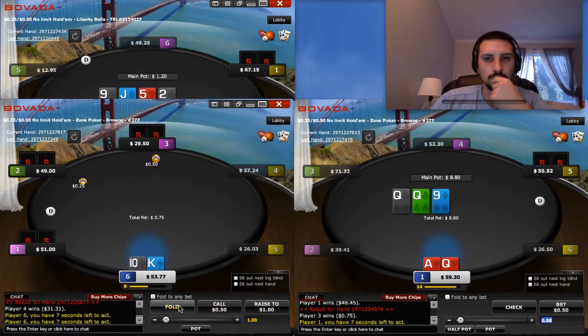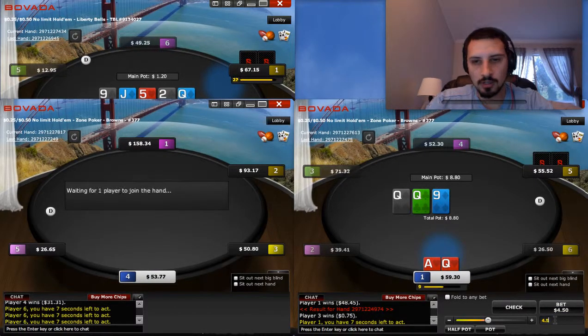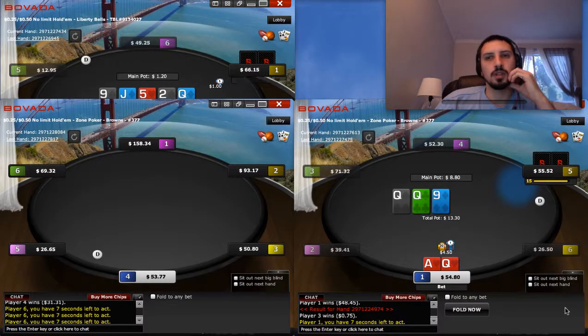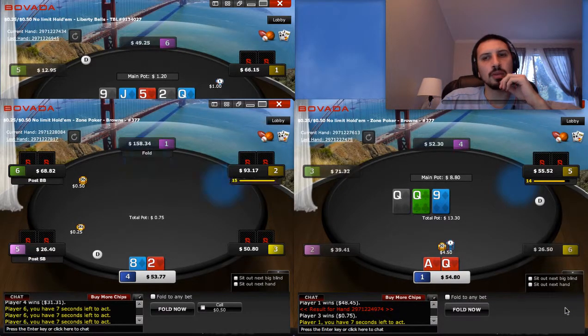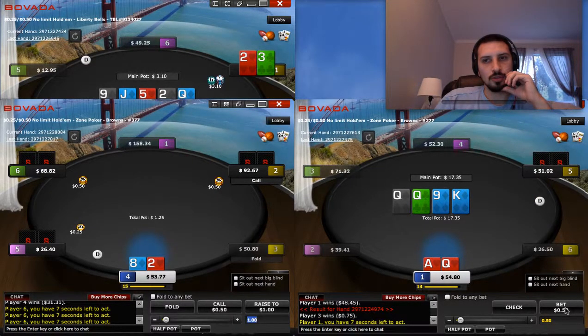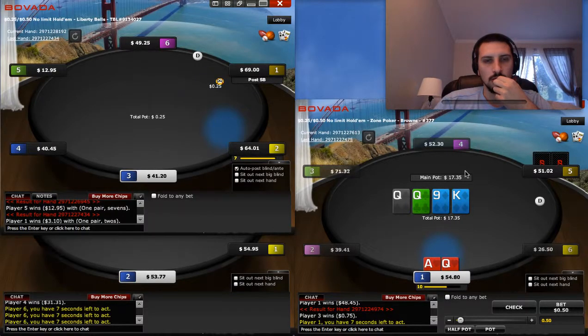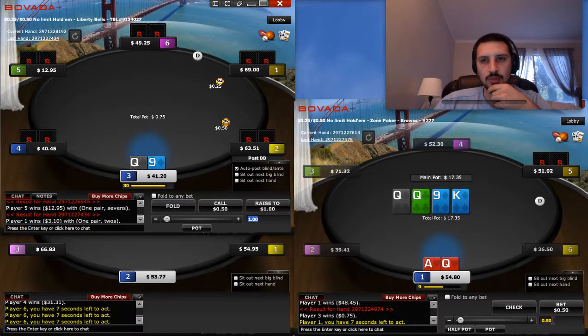Another great flop for us. I am going to start with a c-bet over here as well, just because I would assume that he is assuming that we are continuing after 3-betting pre-flop, no matter what we had, whether we had a huge hand or a random hand. King on the turn is potentially a good card. If he did improve to some sort of